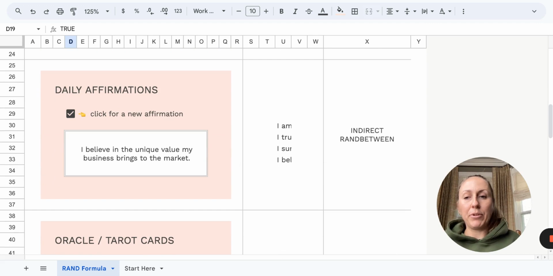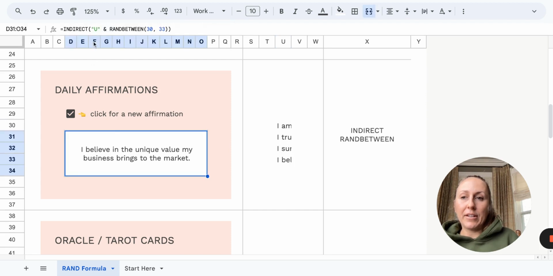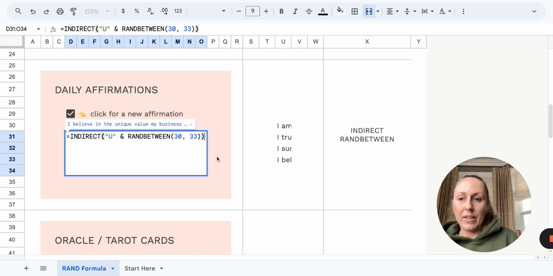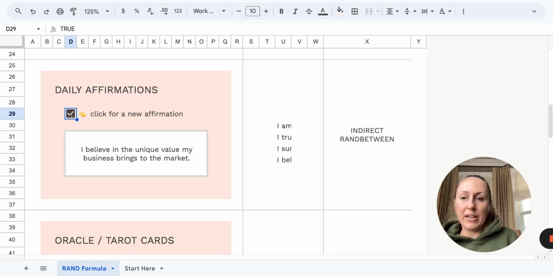Here's another example. You can do daily affirmations. It's set up exactly the same way as the one above. The affirmations are here. You can see up in my formula bar that they are written out. And again, this is just pulling a random one in column U between 30 and 33. So again, I can click this checkbox and it's going to pull a new daily affirmation, which is kind of